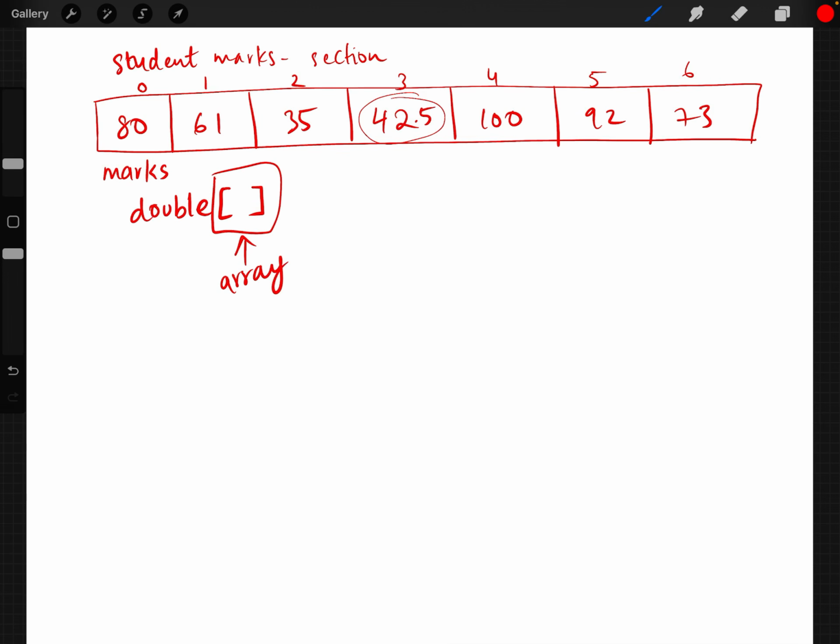If you don't put this, it will just assume that this is basically a variable. So when you put the square brackets, the compiler, or the system, knows that okay, this is an array. Okay, this is the first part. Now after a space, you will give this array a name. So in this case, I've used the name marks, right? So I would write marks here is equal to new double